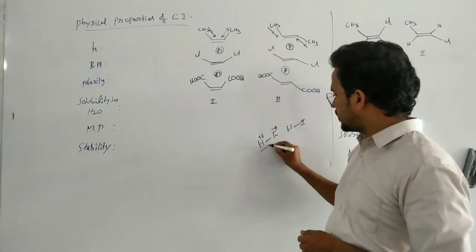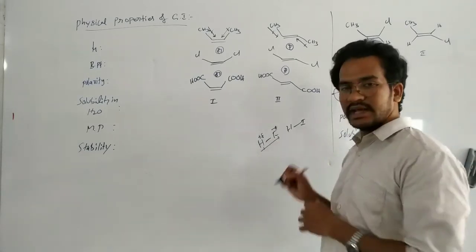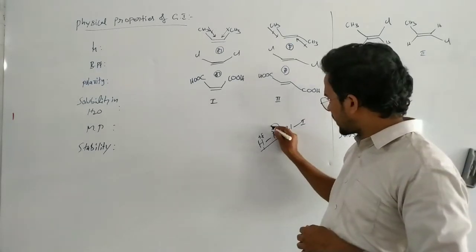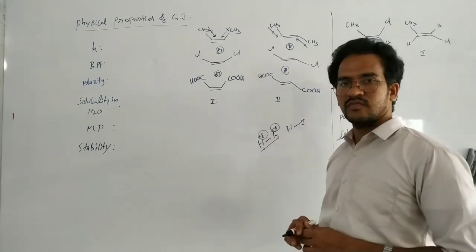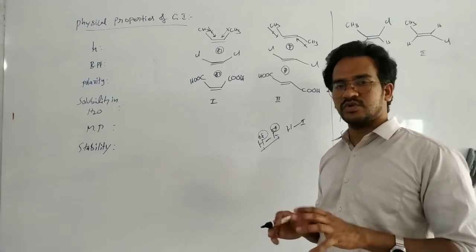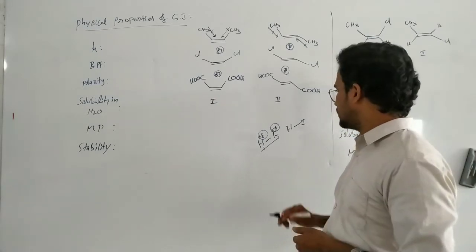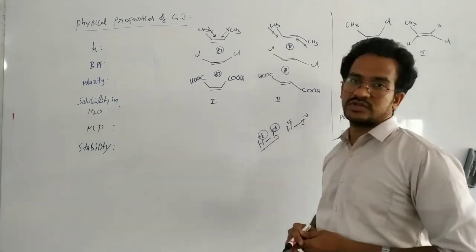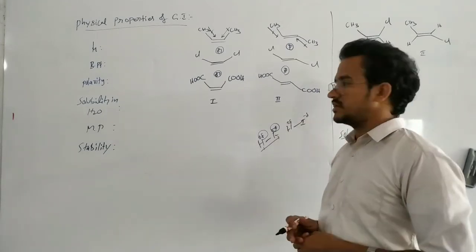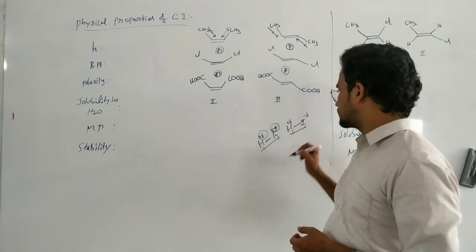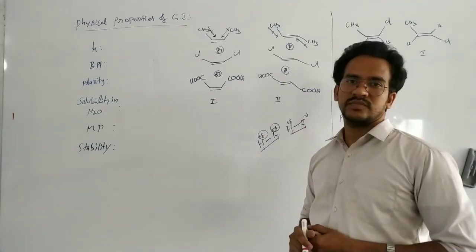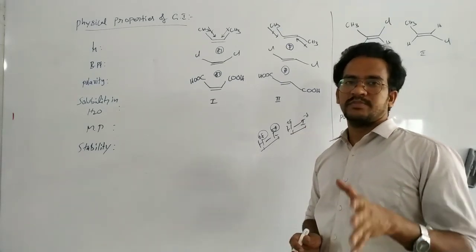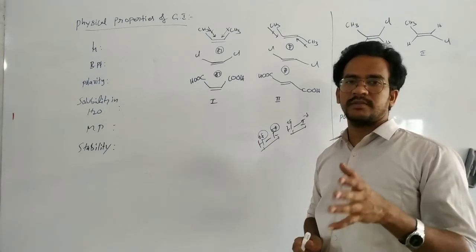Here in this case, the movement of the electrons is in one direction, and positive charge and negative charge are both developed with some magnitude. Here, less magnitude of the negative charge and less magnitude of the positive charge, because of less electronegativity difference. Of course, the direction of the electrons is towards iodine. So dipole moment has a specific direction and specific magnitude.